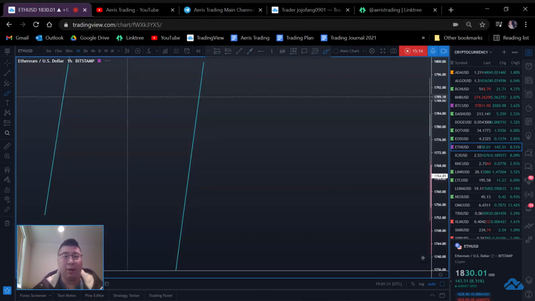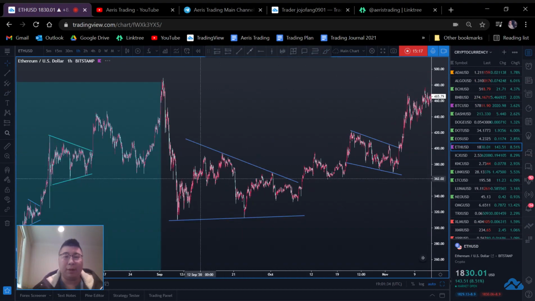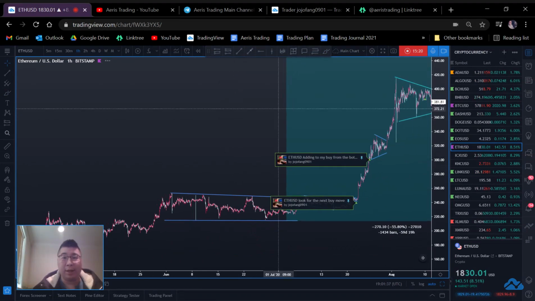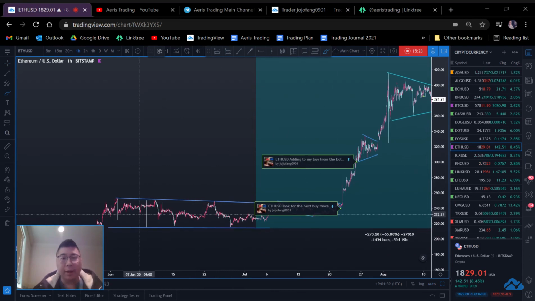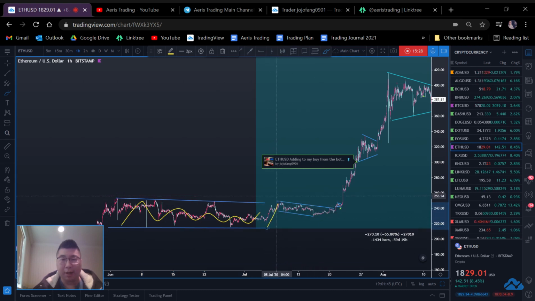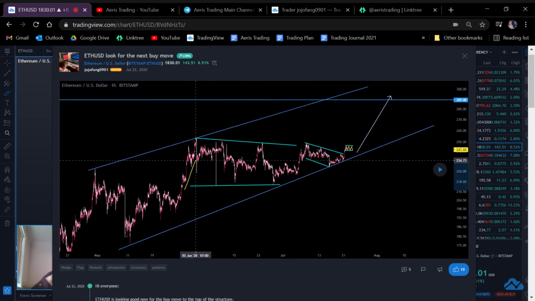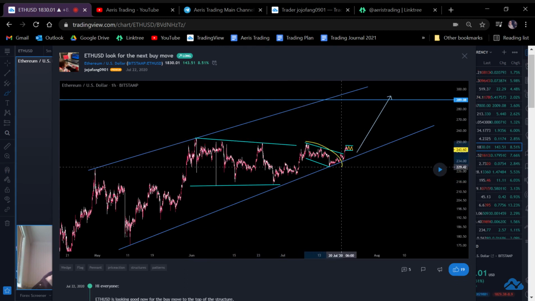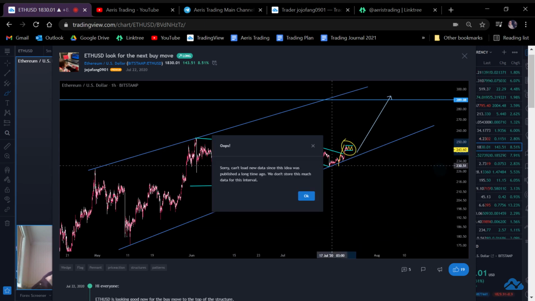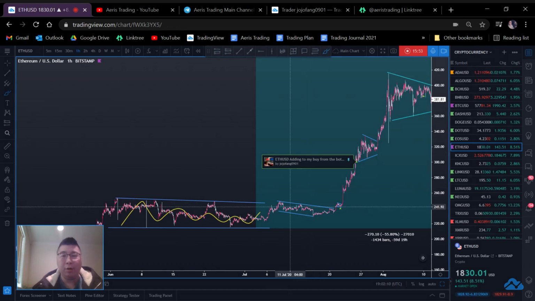So if I go to Ethereum here, if I zoom out, kind of the beginning of the Ethereum run, we were looking at this as well. When we have a continuation correction in the making, and then pretty much price impulses out, there is a continuation correction here. You can argue this is a correction on its own. You can find even a reversal entry here as well, and there is that correction after breakout entry from the bottom here. So impulse, correction, impulse out, another mini correction on its own, but this is an impulse and this is a correction after breakout. So you understand that multi-time frame analysis is going to help you to identify these entries